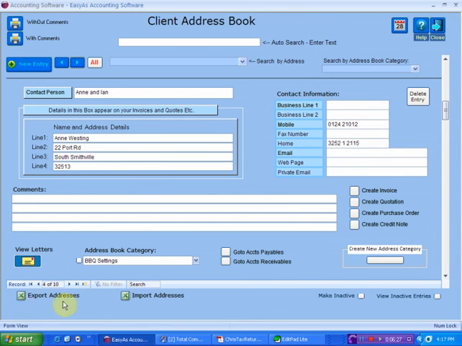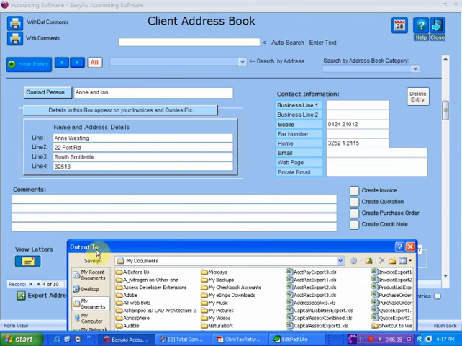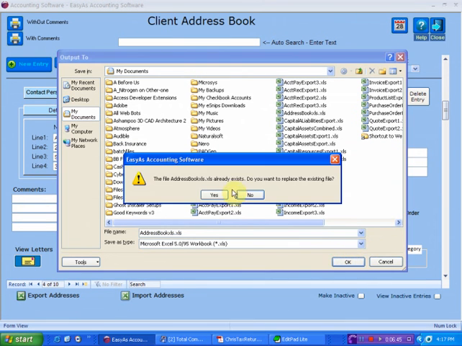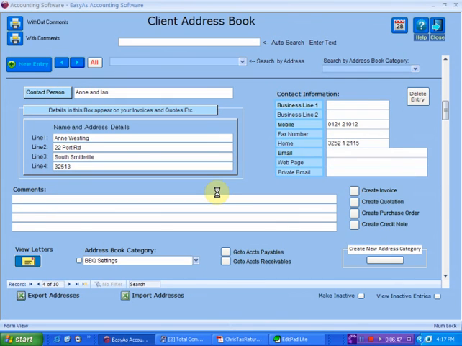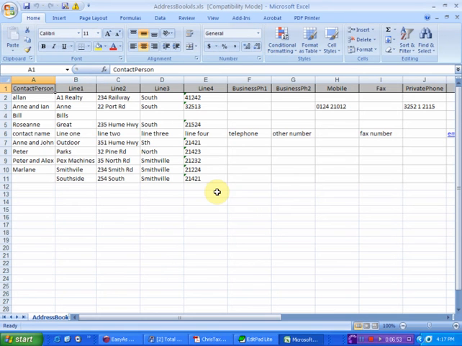If you have a look down the bottom here, we can import and export address books. To export an address book, you simply click export. This will export your information from your address book, all of your information, okay? If I just click export, I'm just going to let it export there where it is. Obviously I have the program called Excel on this machine, and you see it's exported all of my address book